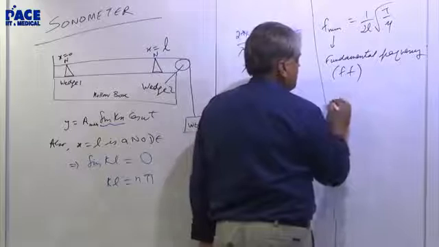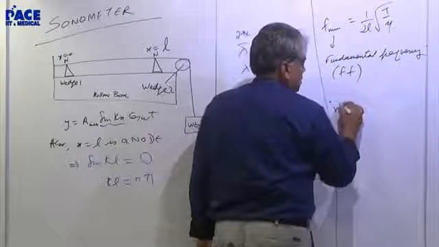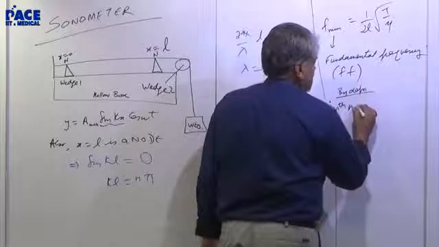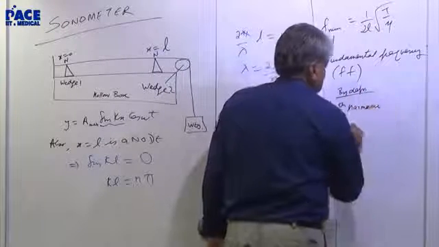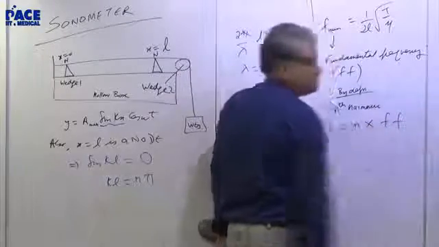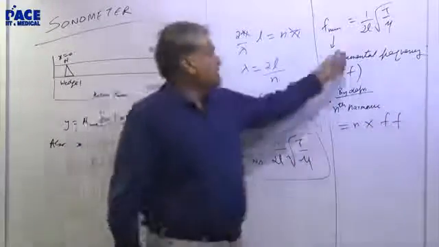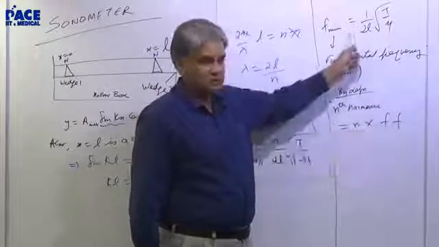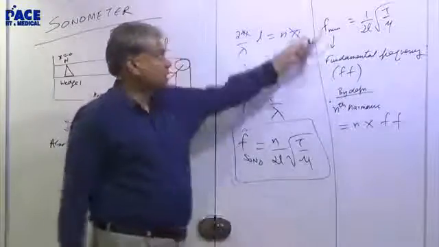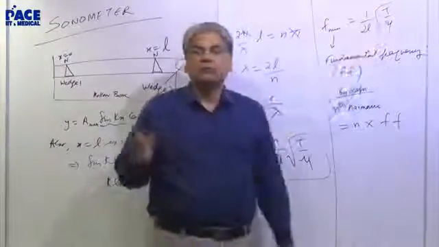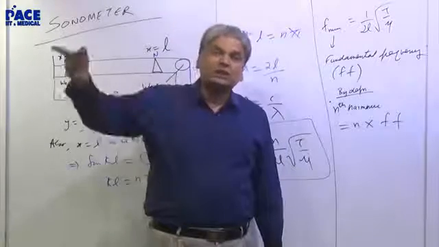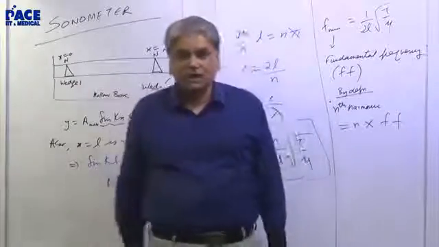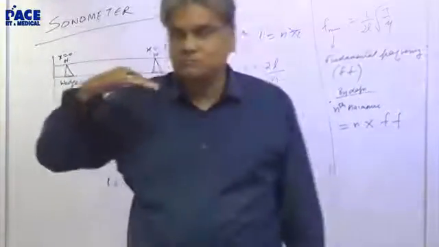We have a term called harmonic. What is the meaning of nth harmonic by definition? Nth harmonic is n times the fundamental frequency. The fundamental frequency itself is 1 times the fundamental frequency, and that will be called the first harmonic. Suppose the minimum frequency is 100 Hertz. So 300 Hertz will be called the third harmonic, 500 Hertz will be called the fifth harmonic. It's just a way of saying how many times you are of the minimum.